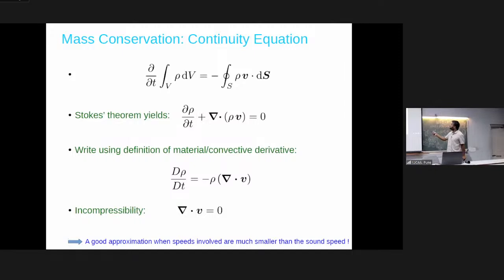I can make use of Stokes theorem. So this is a surface integral. I can convert it into the divergence of rho v, and the integral of rho dv can be combined into another volume integral. So we can get rid of this integral equation. This is more useful to understand physically what is going on in terms of mass fluxes and everything. But typically you just write a partial differential equation in terms of del rho by del t. That means the density can change only by divergences of mass flux. That's a conservative form of an equation.